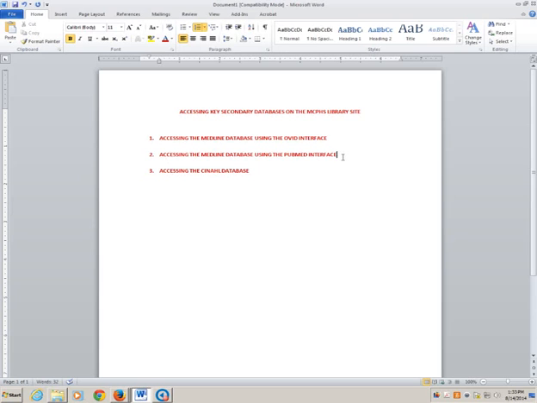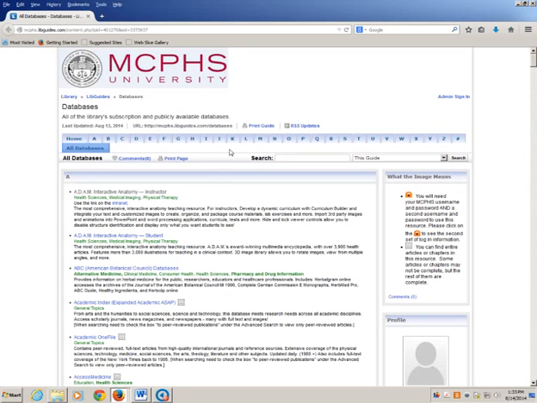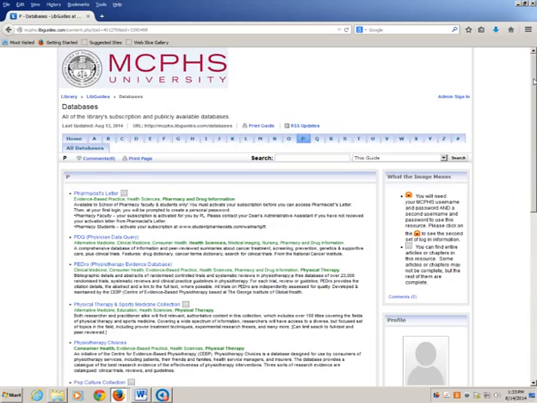The next database we're going to look at is Medline utilizing the PubMed interface. As I mentioned, this is the same information you would obtain by using the Ovid interface. However, it's using the National Library of Medicine's own search engine, PubMed. So again, you go into Articles and Databases, Databases by Title, and this time we are going to select PubMed. And if you scroll down,